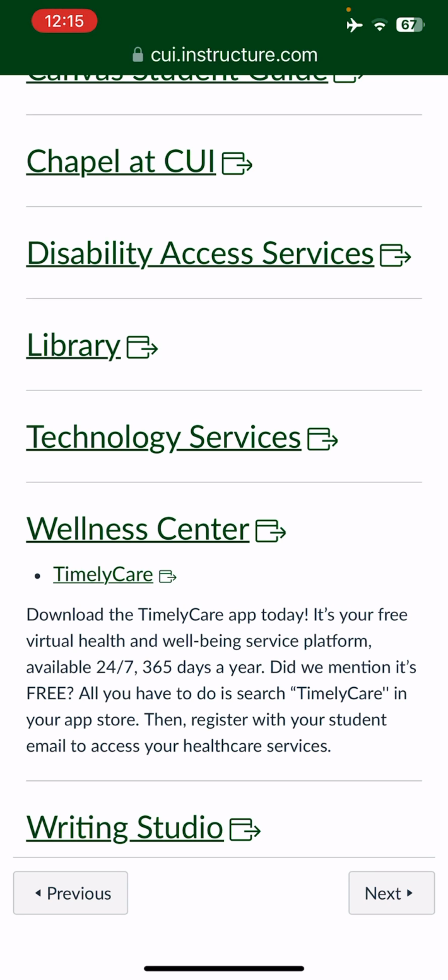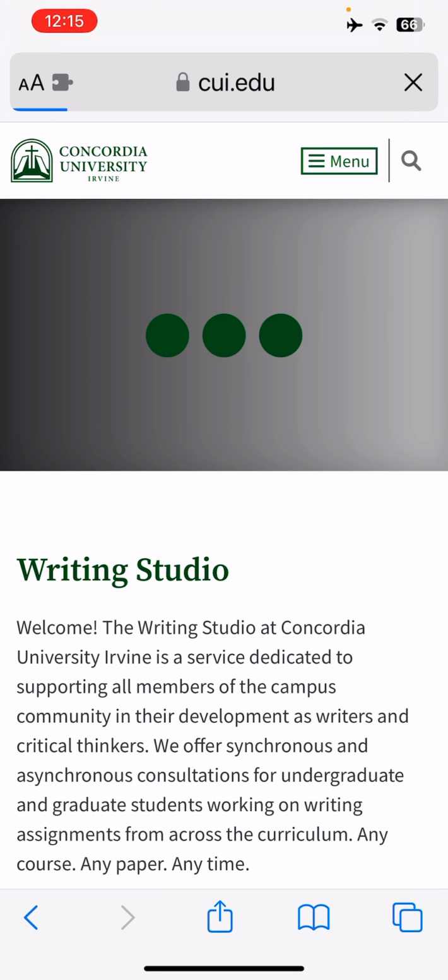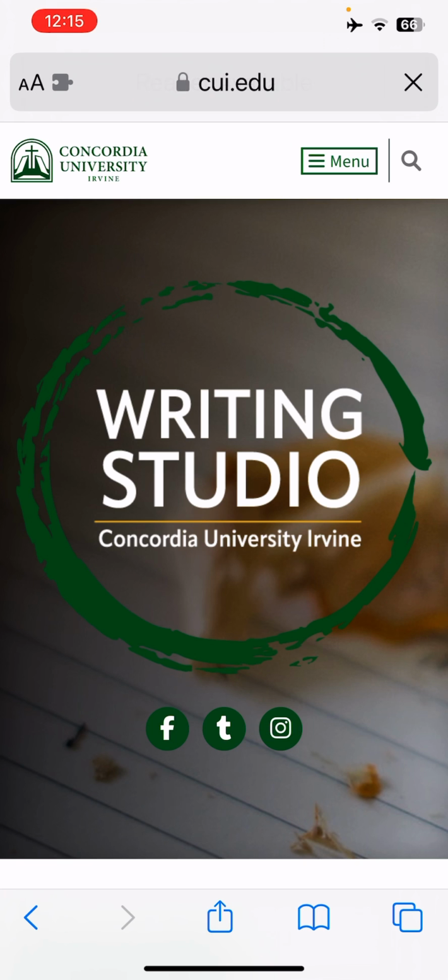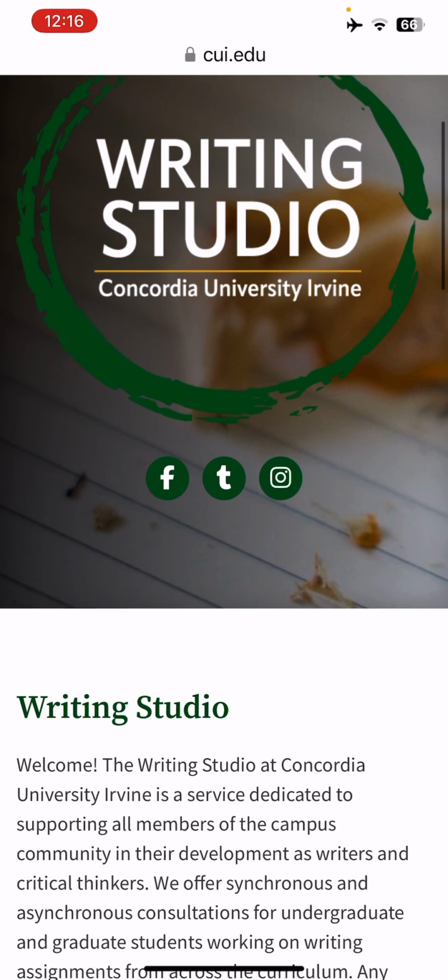I'm going to show you here: the Writing Studio. The Writing Studio is something that is set up for you guys. If you are having difficulty with writing at a master's level, you may have just finished your undergraduate degree and you're just jumping into master's. You might be like me and you waited a couple of decades. I actually waited about three decades before I got my master's. There's a disconnect, and writing at a master's level is not necessarily intuitive for everybody.